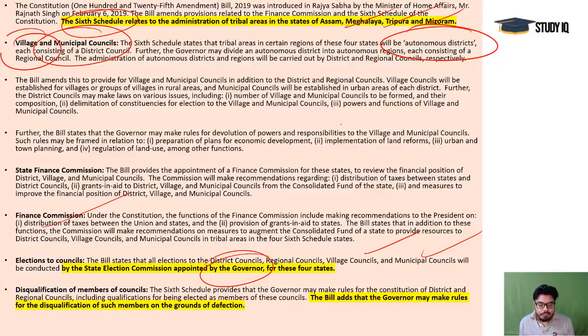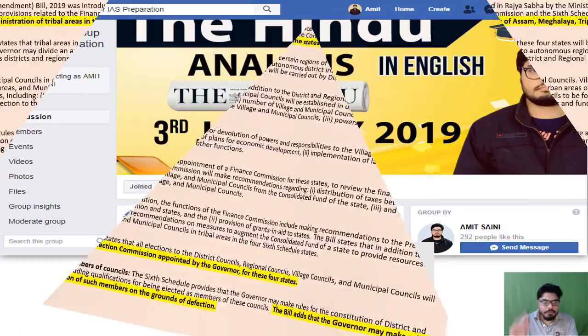And one more addition is there. Now, on the ground of defection, the governor can remove some of the elected members. Earlier, there was no provision for the governor to remove members on the grounds of defection, but now the governor can remove some members on the basis of defection. And tell me, in the Lok Sabha or Rajya Sabha, on the basis of defection, who can remove? The chairman in the Rajya Sabha and the speaker in the Lok Sabha. That person can remove members under the anti-defection law provisions, that is the 10th schedule. Anti-defection law is the 10th schedule, and the 6th schedule is regarding these 4 states and their scheduled areas. Other scheduled areas in this country are governed by the 5th schedule. Okay, remember that.